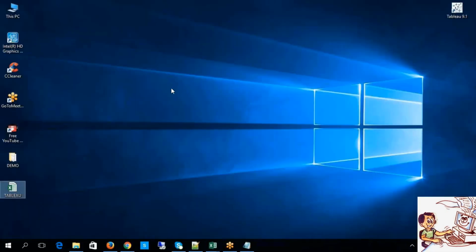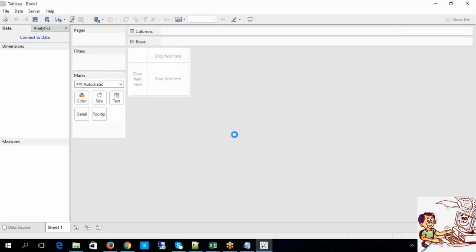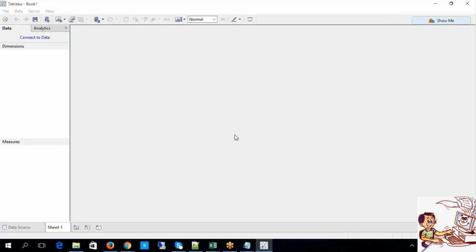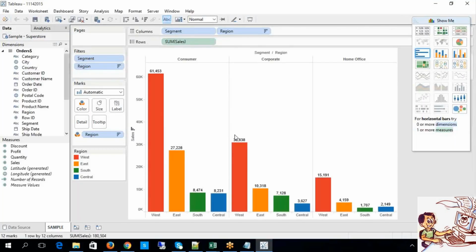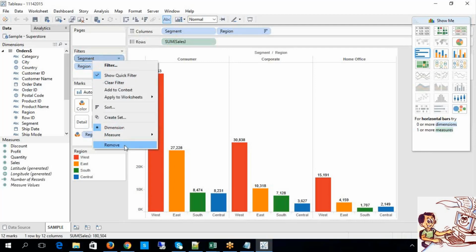Okay, here we go. Let's say I have a data source. You have some Excel. You have a worksheet. Guys, where do we apply the filter in general? Let's say I would like to apply a filter on segment. We already have a filter here, isn't it?